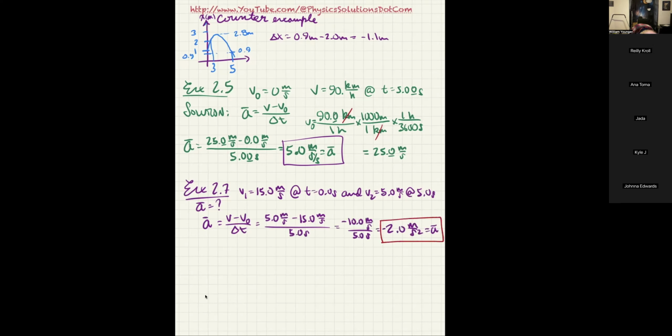So that's our average acceleration. You can see it is negative, and you can see it is slowing down. A counter example: what we're going to do is imagine that the car instead was going in the negative direction. Evidently, going to the right on the straight highway is what we chose to be the positive X direction. Now the car is going to go in the negative X direction, and